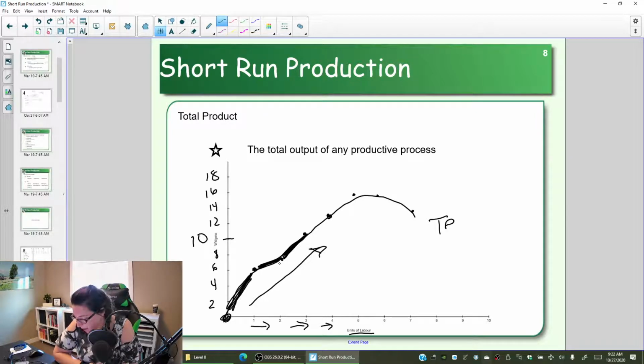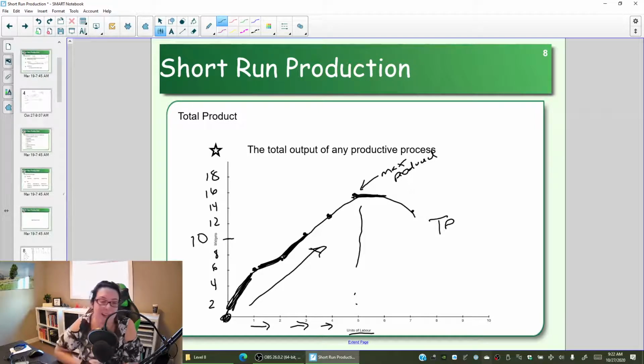Now, notice though, at some point, and for us, it's at 5 workers, we maximize the amount we can produce. After that point, when we add the 6th worker, they're not adding anything to the output. And when we add the 7th worker, we're actually paying that worker to destroy widgets. So would you hire a worker to destroy product? They're not adding any value to you. In fact, they're decreasing the value of what you make. So we would not hire